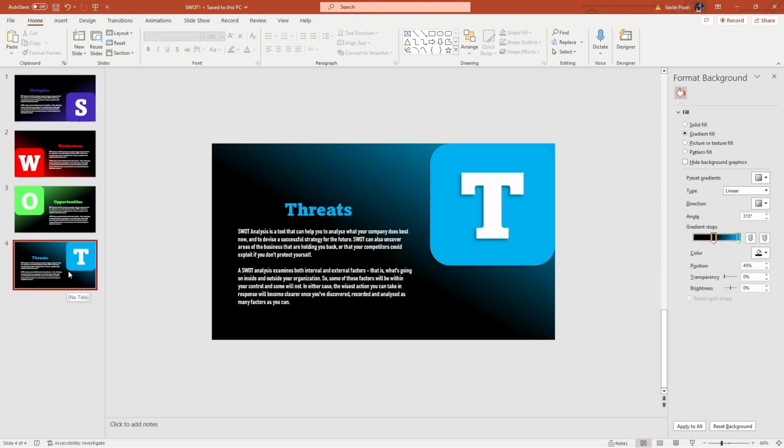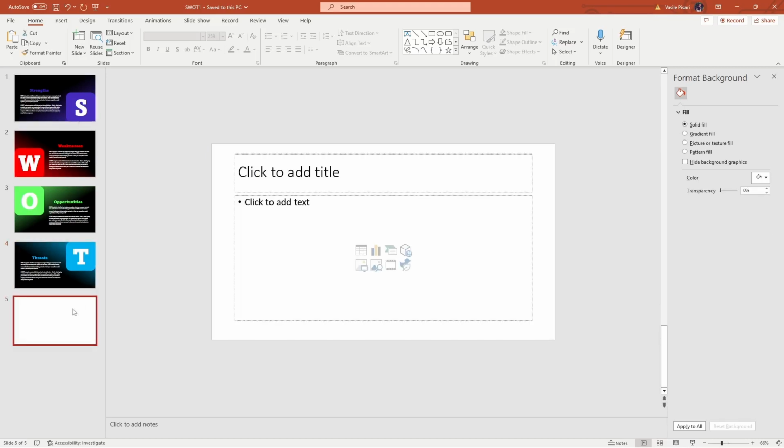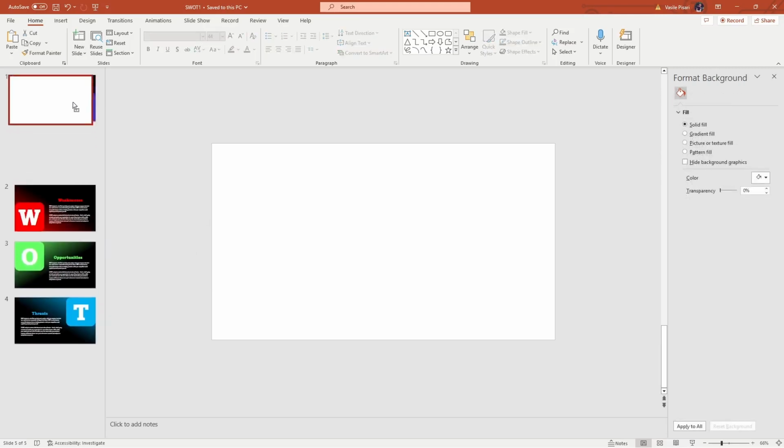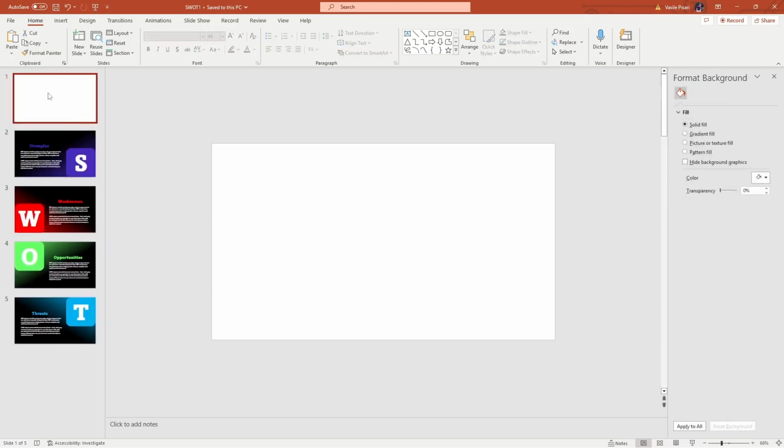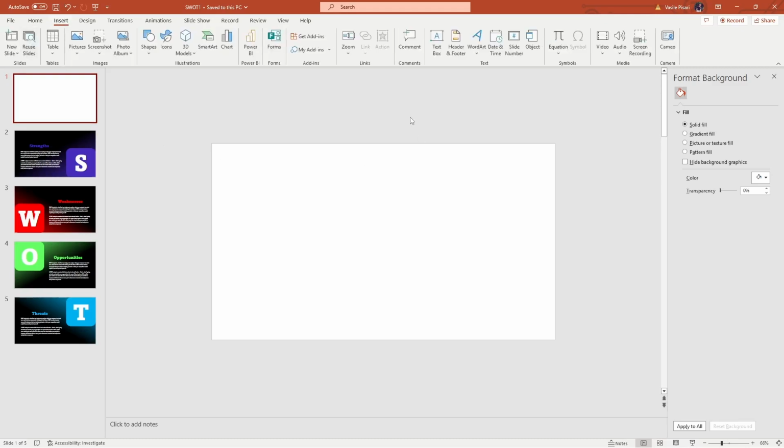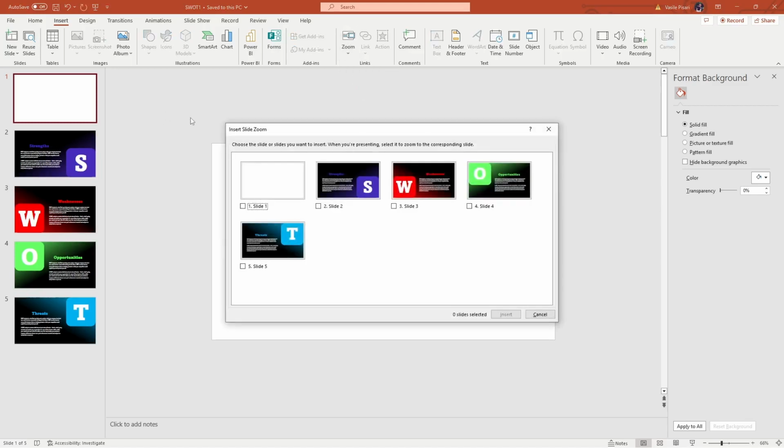Next thing, what we're going to do is to click enter and add a blank slide. Remove everything, bring this slide to the top, go into the slide, insert, and click on the zoom button. Choose the option slide zoom. And here we are asked which slides we want to include on this slide. We will go with all 4,